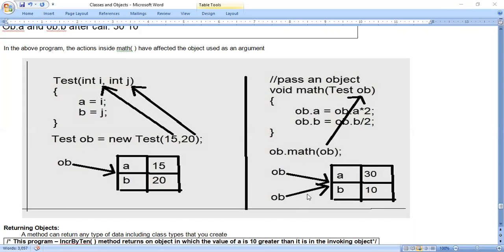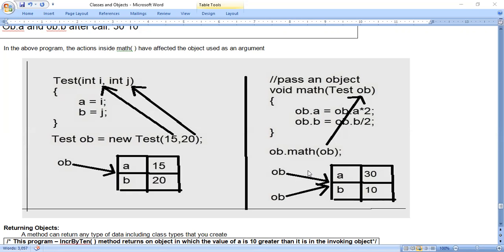If you draw the object reference only, we can say values are changed, because in that memory only you have to change it. Wherever the first time you have created the object ob, in that memory only you have to change. So here, even though there are two times object ob, for the first time what you have written as memory representation, for that only you make it as a pointer. Don't draw two memory representations here.